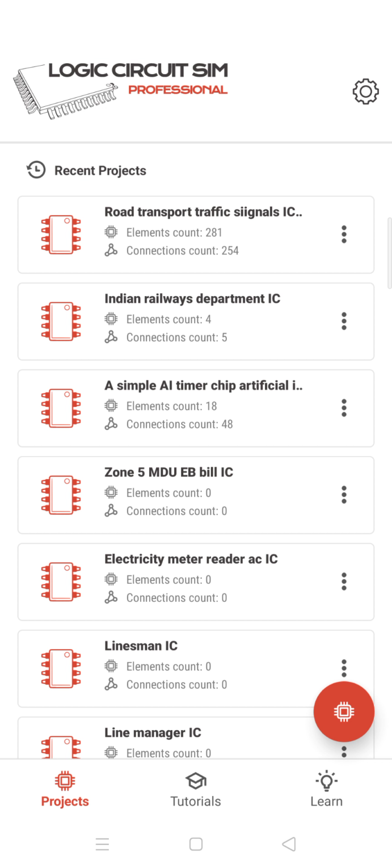Project. I have created a few projects. This one is a road traffic signal management kind of IC. Say you want to control the traffic signals for Tamil Nadu and give commands. Then you can create a road transport traffic signal IC.